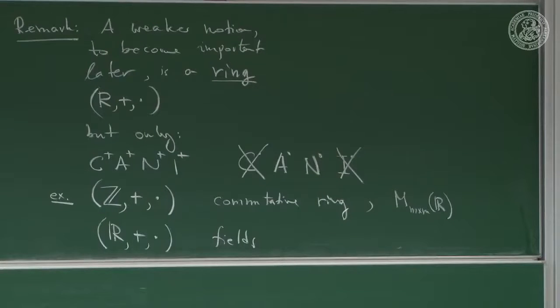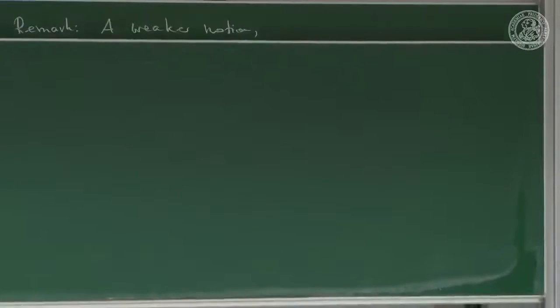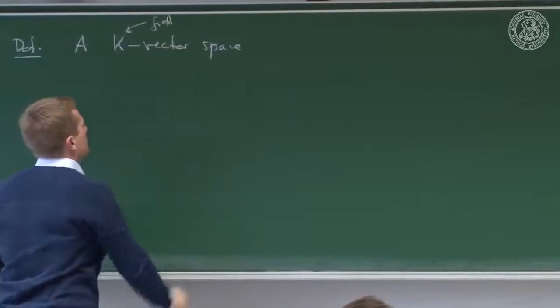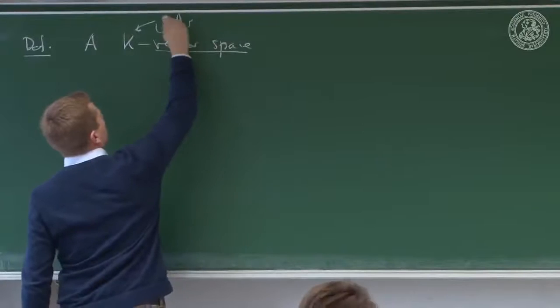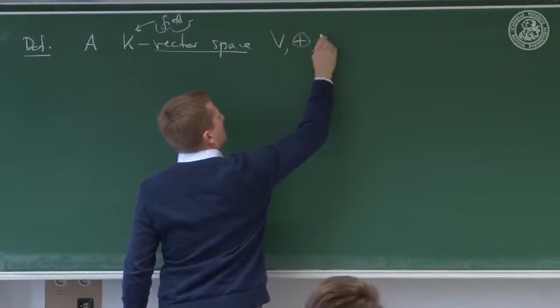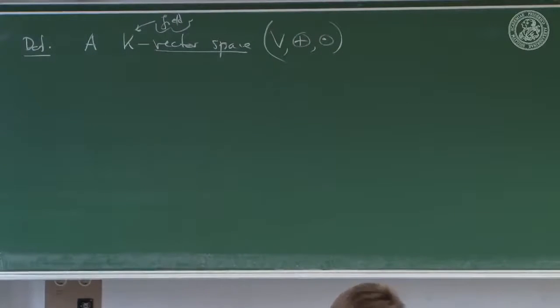Function, well, we come to that later. Okay, good. But now we zero in on the fields, and then we have a definition: a K vector space, where K is a field. That's important. A K vector space is also a triple, and now I circle the operations because they're not the